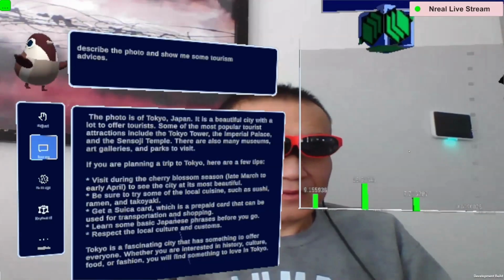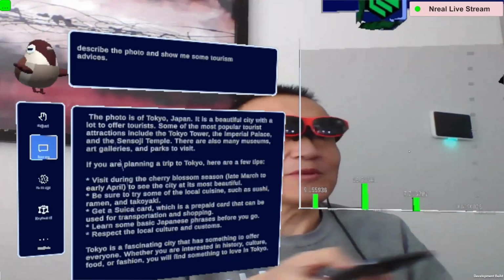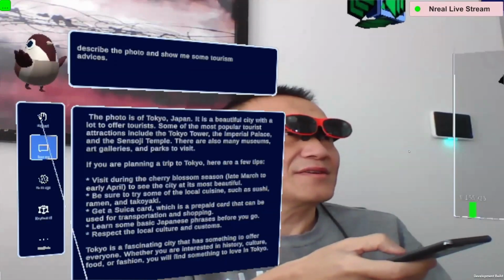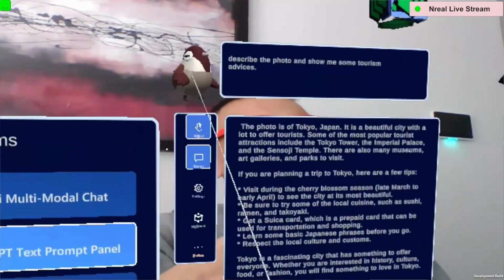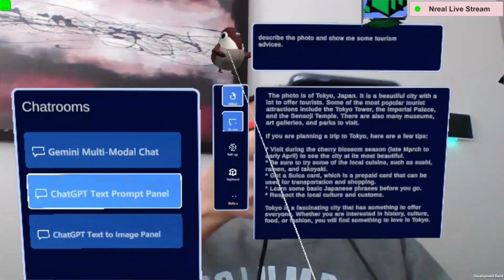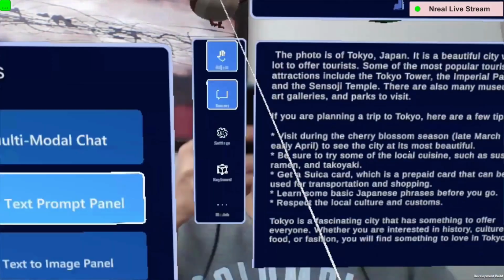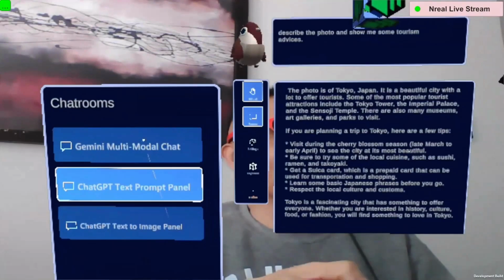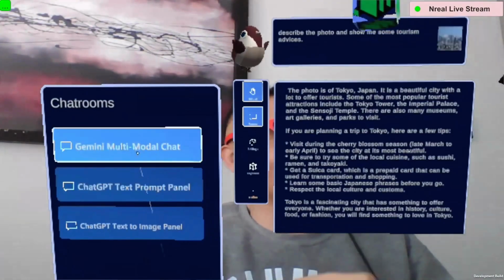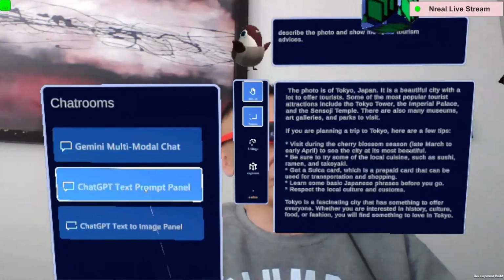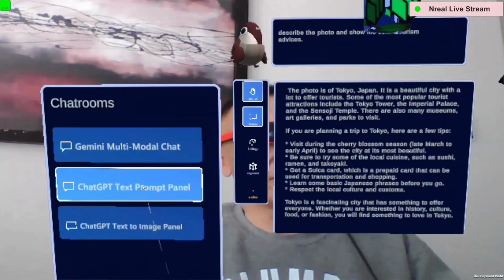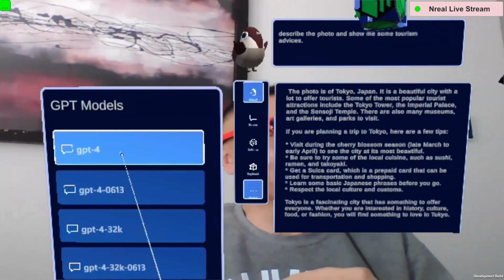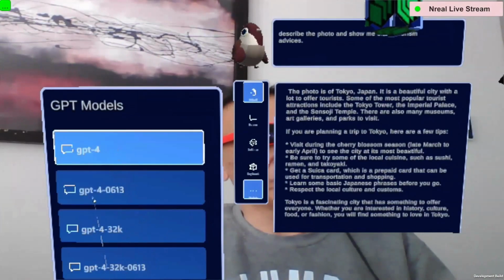So the second one, I have a manual selection. Let me switch over so we can see the manual selections. Yeah, it's all a very standardized action menu. So the first one, we tried the Google Gemini, and now we have the text prompt, which is OpenAI GPTs. With the OpenAI GPTs, we can switch between all their available models. By default, it's GPT-4. We also can do GPT-4